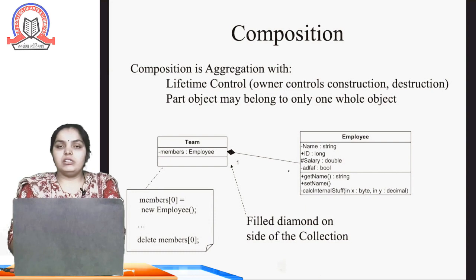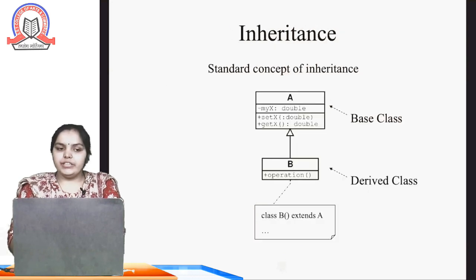Now we'll go to the last relation, which is nothing but inheritance. So this is the inheritance relation. In case of inheritance, the arrow shows the base class and the start of the line shows the derived class. Okay, so class B is derived from class A. So this is the inheritance. Here class B will have a few properties of class A because it is an inherited or derived class.